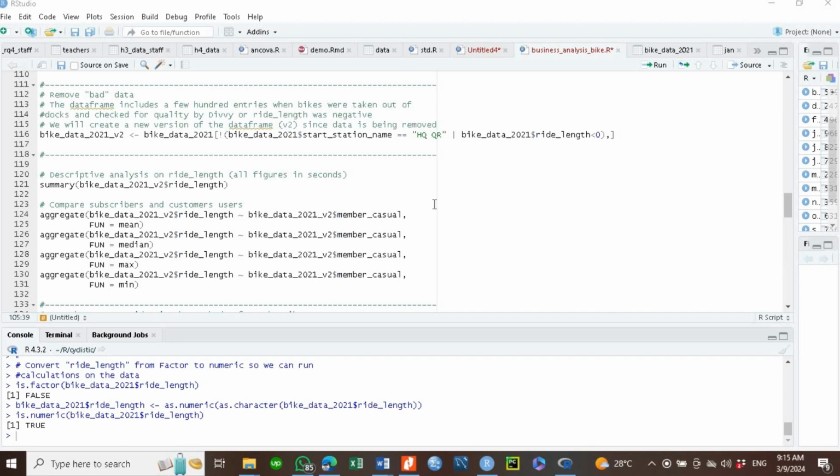Nice. So from the notes on the data, we're told that there is some bad data which needs to be expunged, and this bad data emanated from the fact that some of the bikes were taken out for quality checks by maintenance guys, and on that note, the ride length was negative. This therefore necessitates that we create a new version of this data that will not have those bad data. And to do that, we're creating a new data frame from the existing bike data 2021 to eliminate